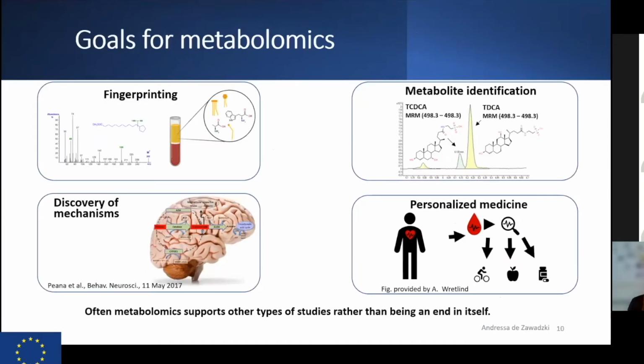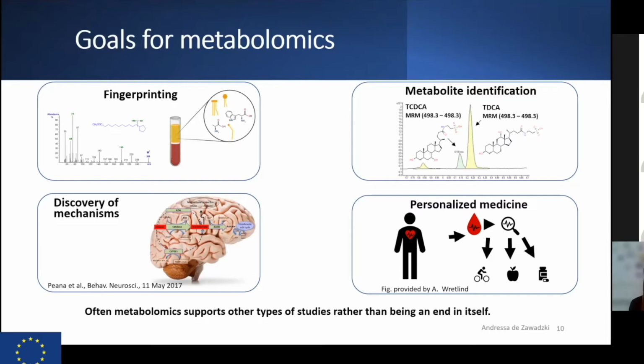And what are the goals of metabolomics? So the primary goal of metabolomics is to obtain the fingerprinting of samples. This means that we aim to characterize the samples using a large number of variables that represent metabolites or metabolic signatures. Metabolite signatures, by the way, can be represented by chemical properties obtained by analytical techniques such as mass spectrometry